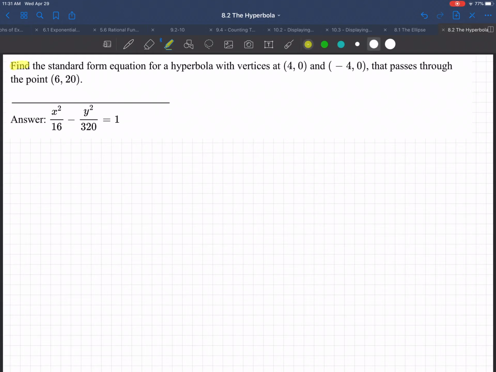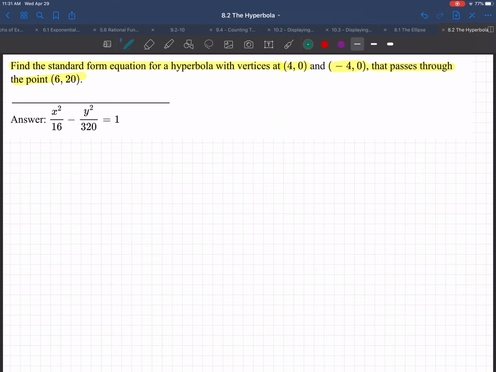Okay, so find the standard form equation for a hyperbola with vertices (4, 0) and (-4, 0) that passes through the point (6, 20). Okay, so how are we gonna do that? Well,